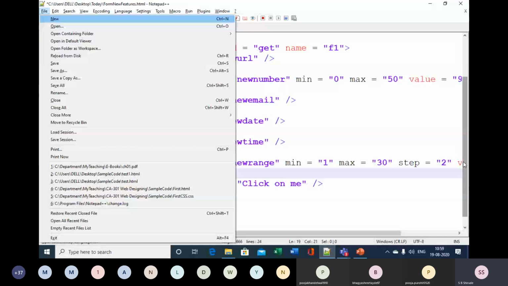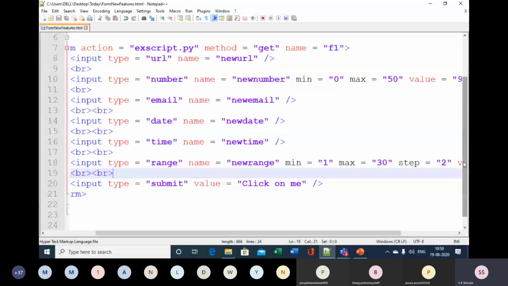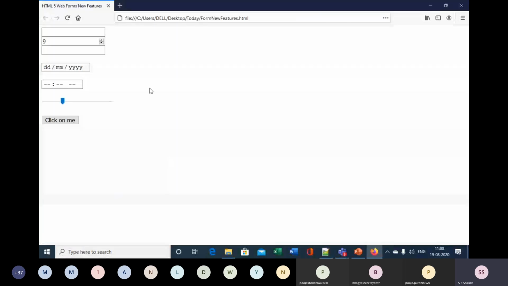Now if we launch it in Firefox, here the range is coming. Now, if you click on it, that particular number is going to be inserted. So this way, you can insert the range control on your HTML page by using input type is equal to range, with values 1 to 30 and a step of 2.